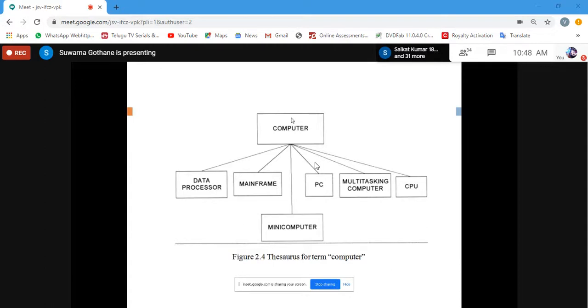So these are all the synonyms, or possible words whose meaning is the same for the word computer. So this is nothing but the thesaurus for the term computer, having the same meaning, the same synonym. Another one depends on the structure.